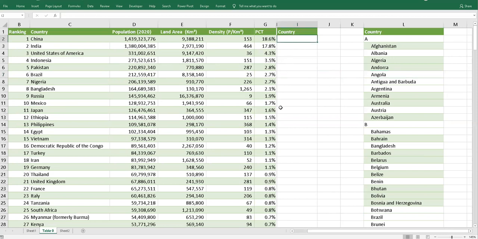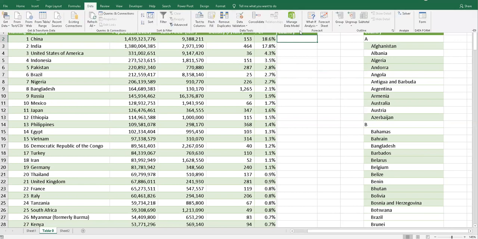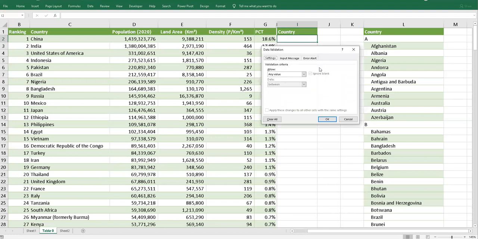Now, the beauty of it, when we go into the data validation over here, we go into the list. Today we will discuss the date function as well, because most of the people ask me about the date function, how to utilize it. So in the same scenario, I will give you an idea about how to use the date.